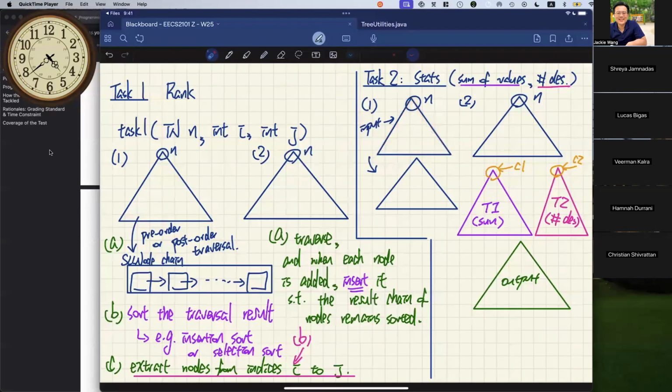Okay. So once you have a number of intermediate trees, you can try to traverse them concurrently, at the same time, because we know they are structurally identical, and then you can get the output eventually. All right, so that summarizes the conceptual approach for both tasks. The solution actually gives you this one and this one over here. But if that's what you have done, you definitely want to make sure it works. And then you can also look at the solution to see how to solve the problem differently by another approach.